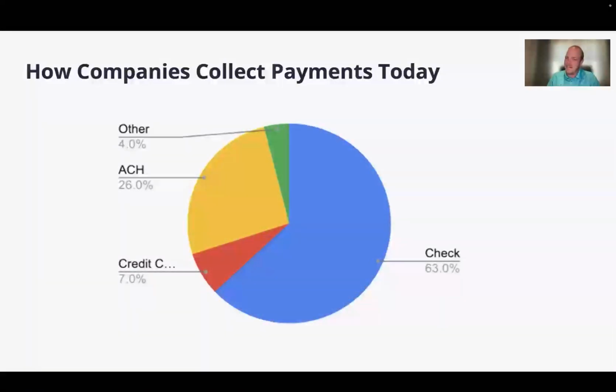this is a very interesting stat. We've done some market research and we found that specifically in B2B, the primary payment method is still paper check by a landslide. It's not even close. And this was painful to see, honestly, when I saw this data for the first time. 63% of payments currently are still being made via check. Only 7% via card, and then 26% via ACH, the remainder being who knows, wire, Bitcoin, cash,